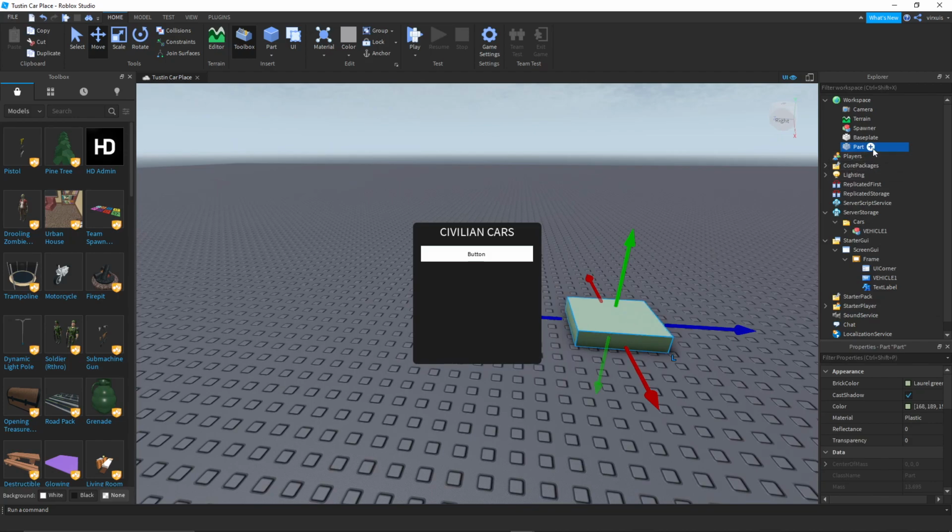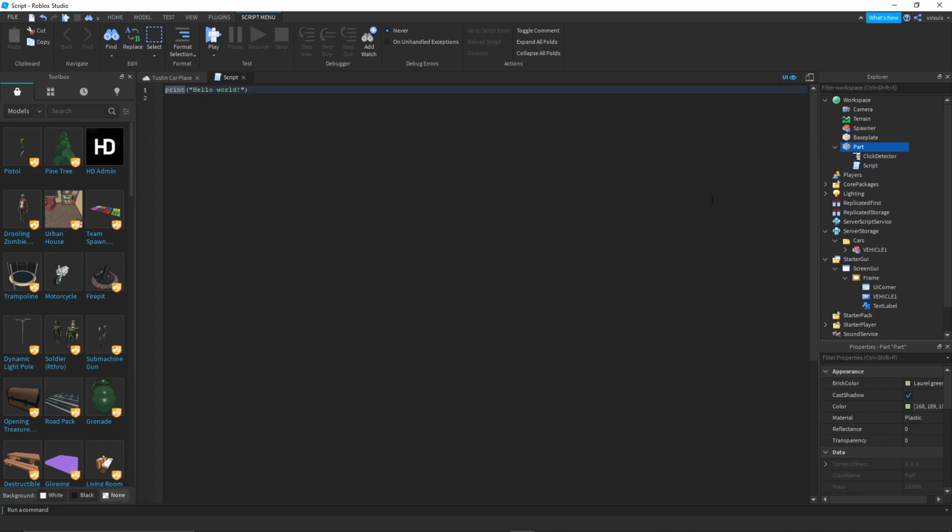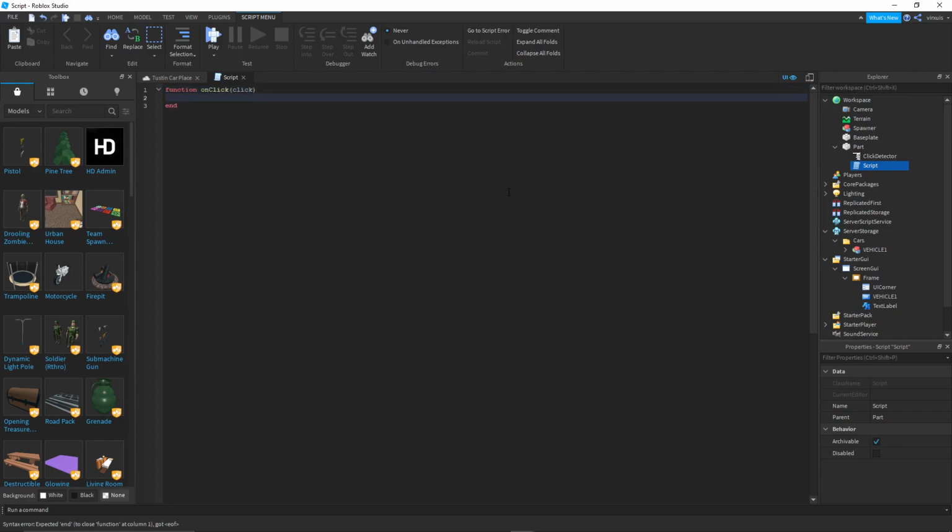we're gonna add a script into this part, and we're gonna add a click detector, just like this. And so in the script, we are gonna write the following functions. This will make it so you could open your GUI from the part. So function onClick, for i, v in pairs(script.Parent:GetChildren()) do if v.ClassName == "ScreenGui"